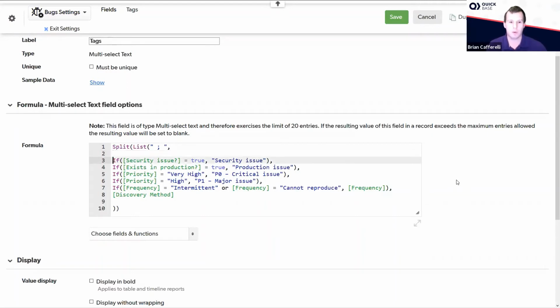So for example, we have the security issue field here. It's a checkbox field. Now, if a bug is a security issue, then that's remarkable, right? That's something that you would want to prioritize. You'd want to look into that. So this line here is saying, if that box is checked, then include a tag in the list that's called security issue. Same thing if an issue exists in production, you can have a production issue tag, but if that